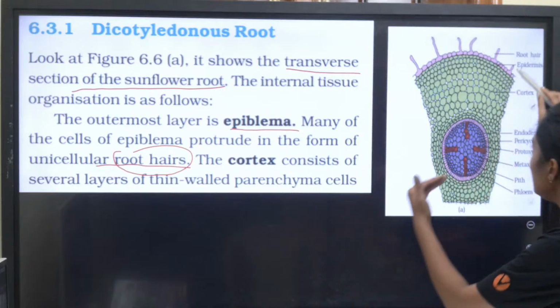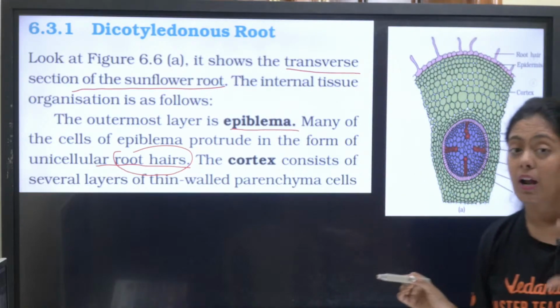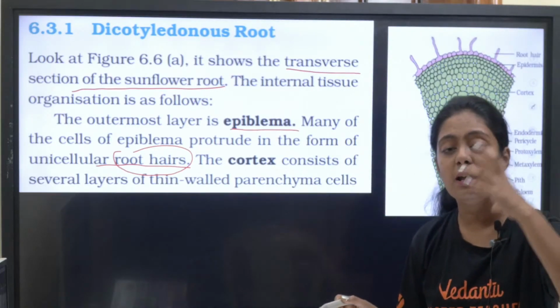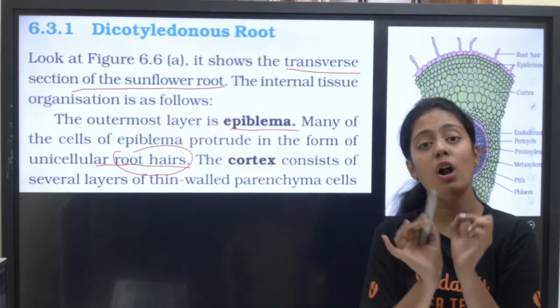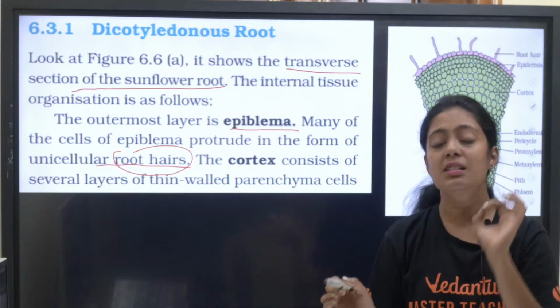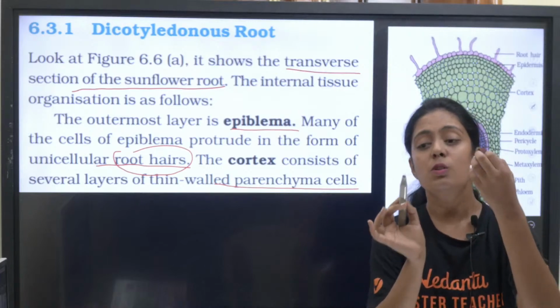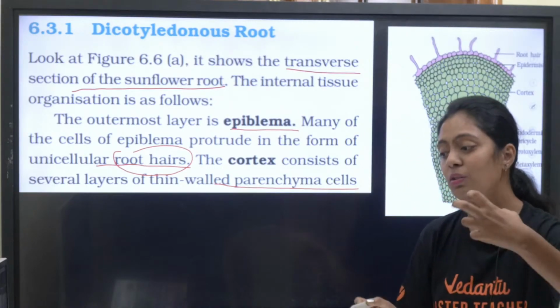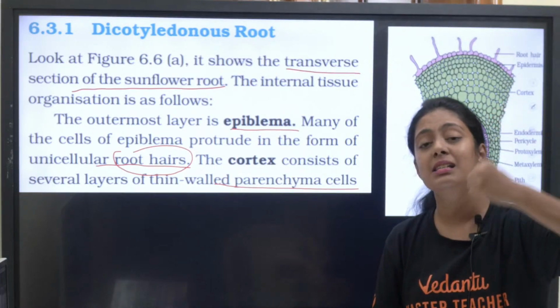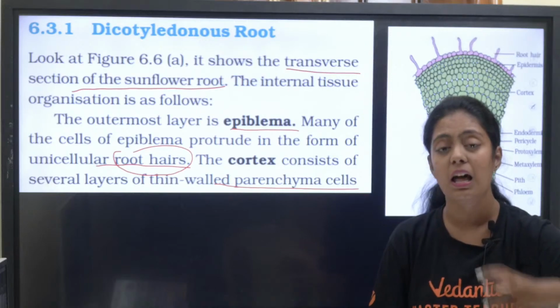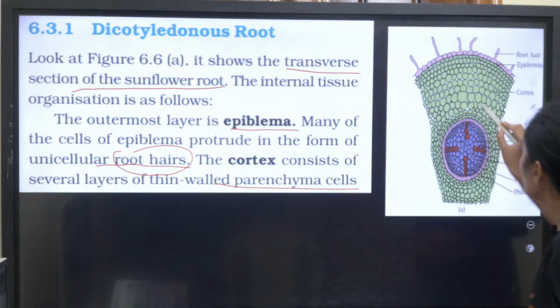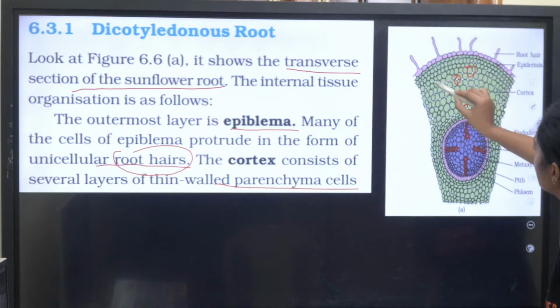Now inner to the epidermis you have cortex. What is inside the epidermis? Cortex. And what is this cortex made up of? This cortex is made up of parenchyma cells. Parenchyma is a simple permanent tissue, a very important point. And you can see the intercellular spaces in this